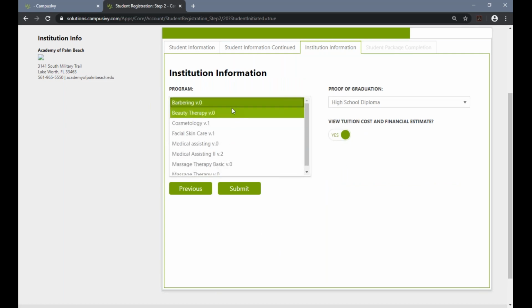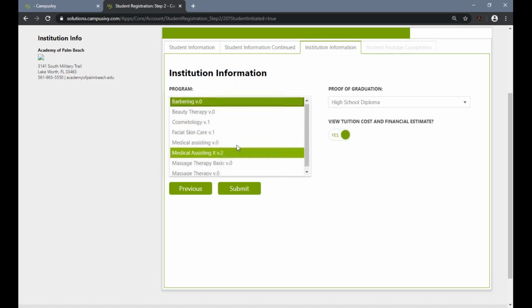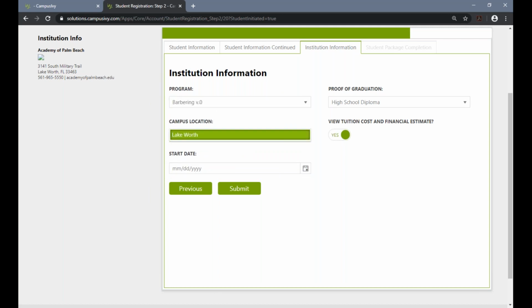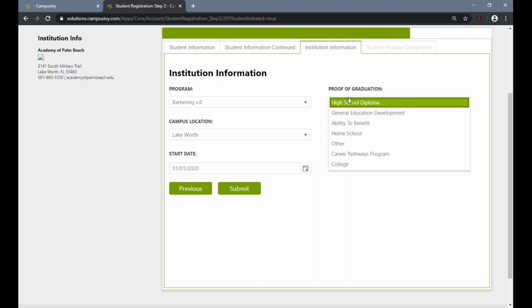So they'll have a drop down list of programs configured in your environment. They choose their program, the location, and then their start date essentially. Okay, and then proof of graduation. They'll have options here to choose whether they completed a GED or high school diploma. Now, this is view tuition cost and financial estimate. So you will leave this as a yes